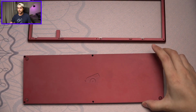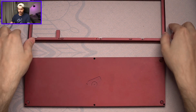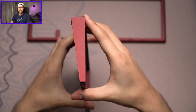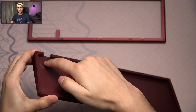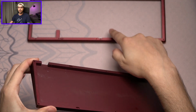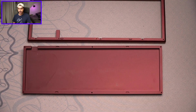Case bottom is relatively simple, screwing together with 4 screws, which is quite interesting because the plate screws together with 8 screws. The bottom is a simple wedge which accounts for the creation of the angle. Here is the bottom part of the USB cutout, which then means that the top case completes the full USB cutout. And then here,